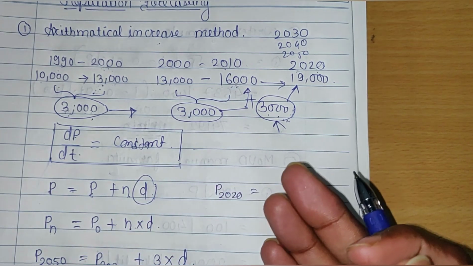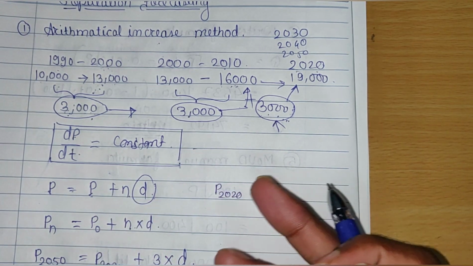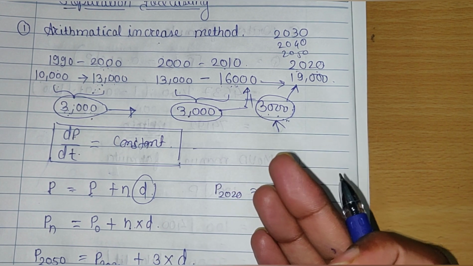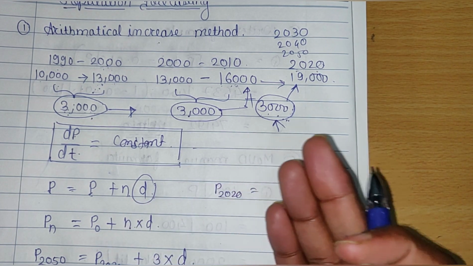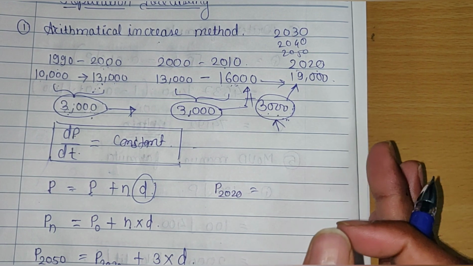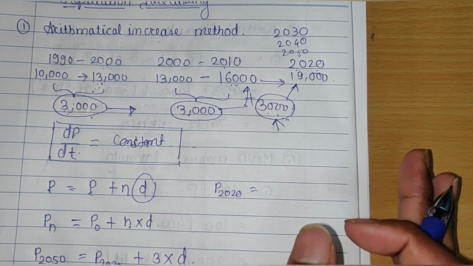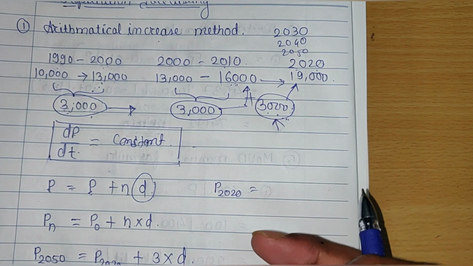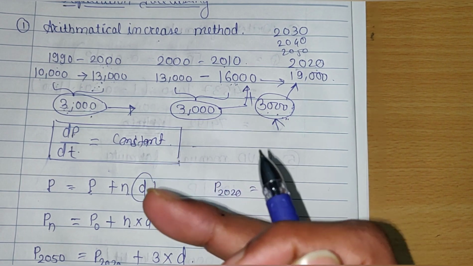Let's see the opposite example, a developing city. In a developing city there is a large scope of development, a large scope of infrastructure development, and a large scope of job opportunities. In that case the rate of increase in population is much higher. For example, take Nashik and Nagpur. These two cities are developing cities. If we compare these two cities with Delhi and Mumbai, the rate of increase in population in Nashik and Nagpur is higher.